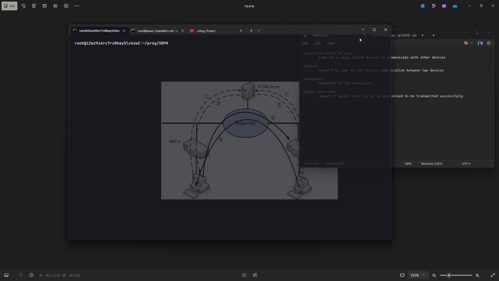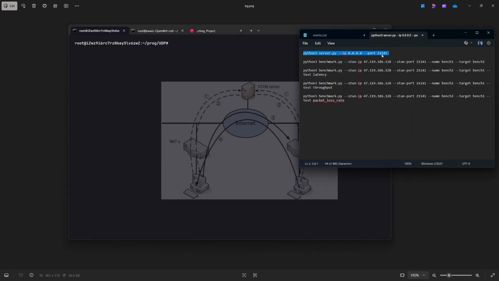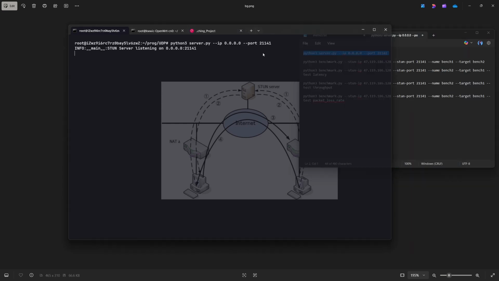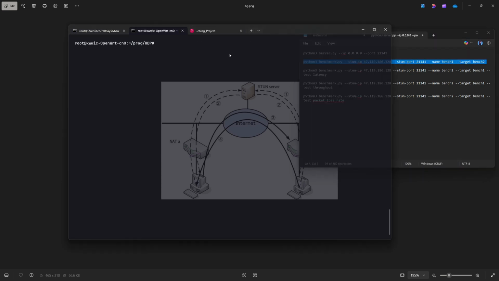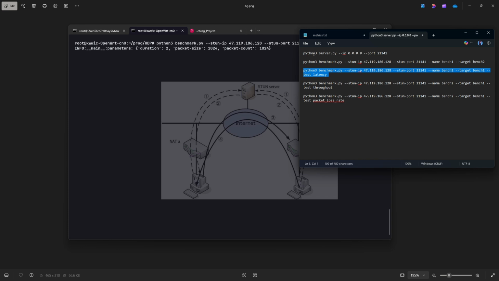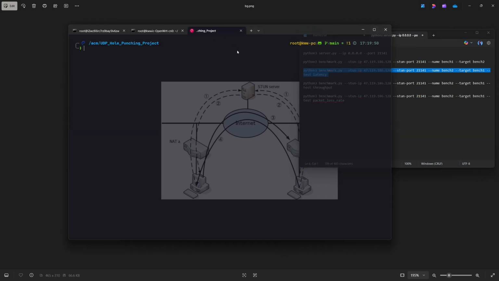So let's just start by running the STUN server. After running the STUN server, we can run a passive benchmark client that will not do tests actively, and then we can run an active test client to perform tests. For example, we want to perform a latency test. Then we will